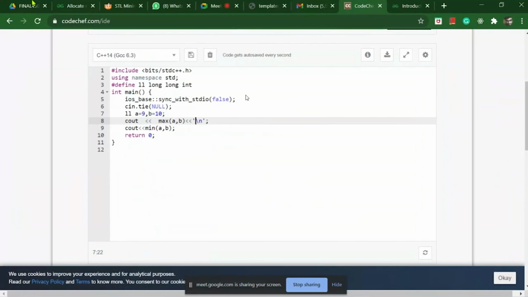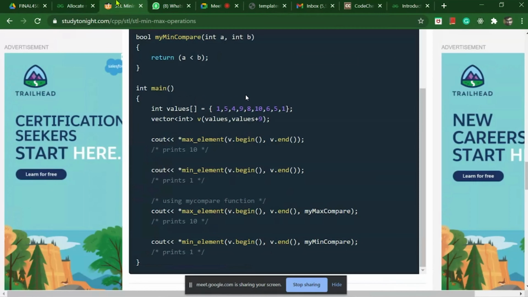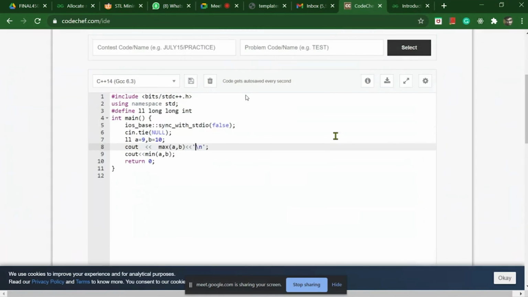Basically here you can see that we are passing a vector inside. You can even pass an array, as I have told you earlier that the algorithm header in C++ works on iterators, not on containers. So that means the algorithm header in C++ STL can work on any container.